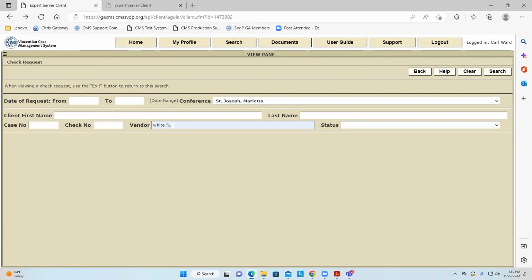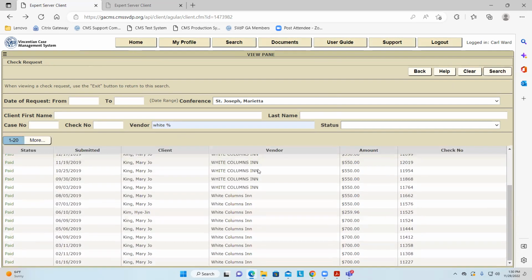I can use what's called a wild card. You can put in a percent sign and then do a search. It'll give me everything white plus. So if you're looking for a specific vendor, you can do that.